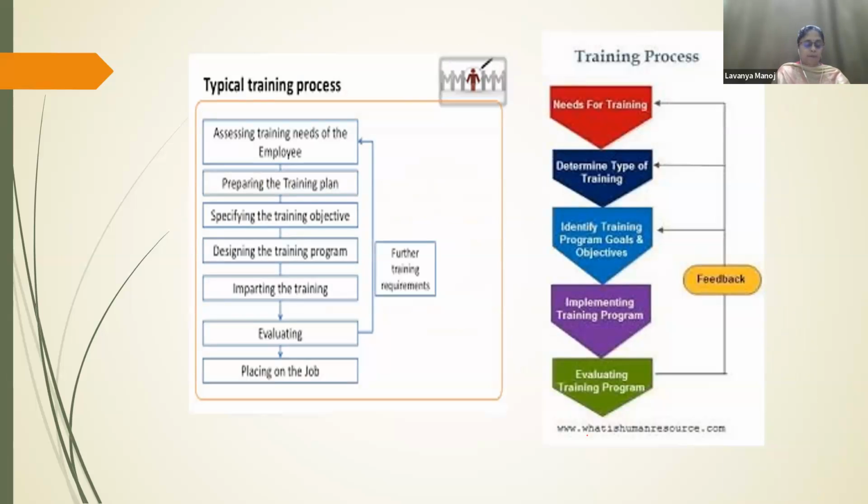So, needs for training. First, we have to analyze what is the need for a training. For example, a new machinery has come. The management is planning to implement a new machinery in the system, or go with a new kind of software, which helps them to maintain records of the company's balance sheets and everything. So the employee has to be informed that since this new skill set and technique is required, it is necessary for them to go with the training. They have to learn the skill set.